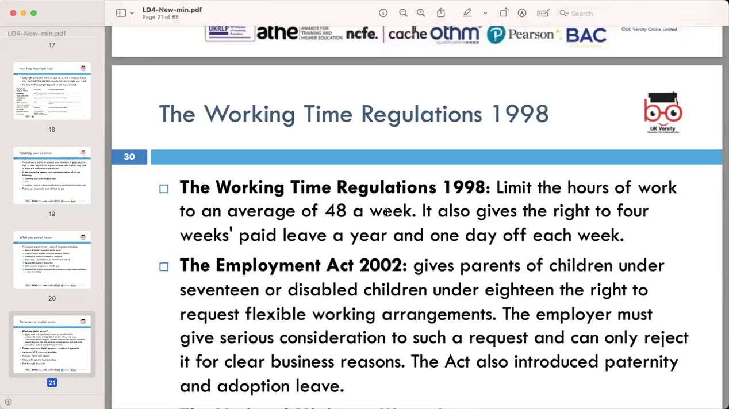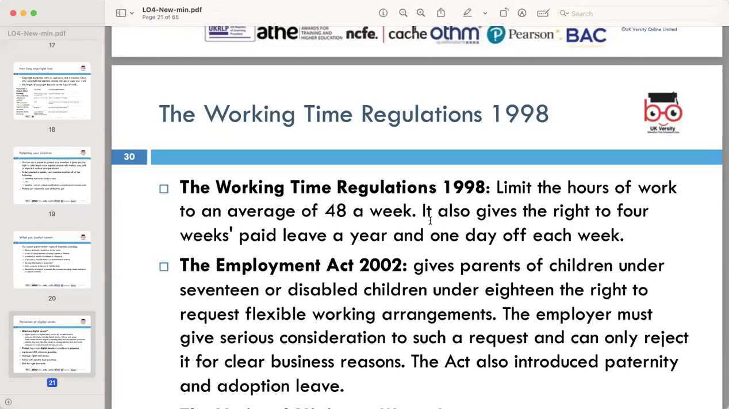Working Time Regulations 1998 set a 48 hours weekly work limit on average, ensuring 4 weeks paid leave annually and 1 day off each week. Then the Employment Act 2002